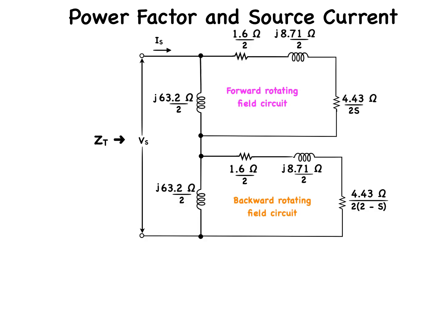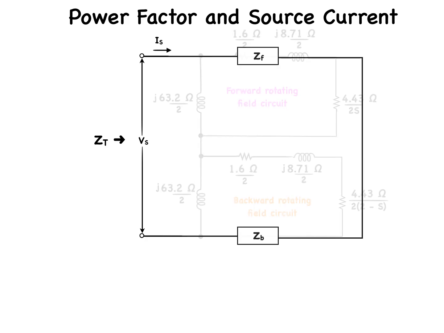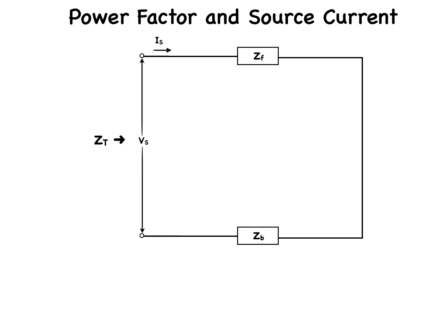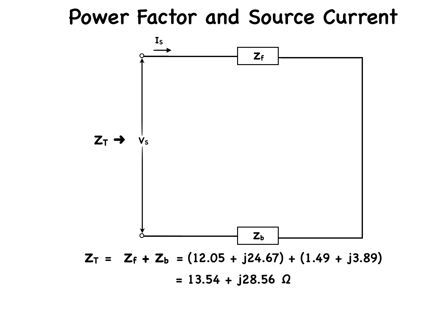The calculation used in the determination of the total circuit impedance, ZT, is the sum of the forward impedance, ZF, in series with the backward impedance, ZB, which in real terms is 12.05 plus j24.67, plus 1.49 plus j3.89, which adds up to 13.54 plus j